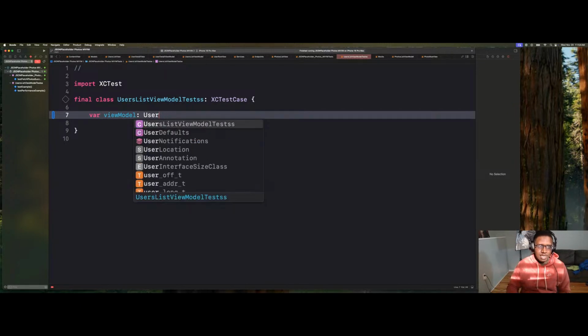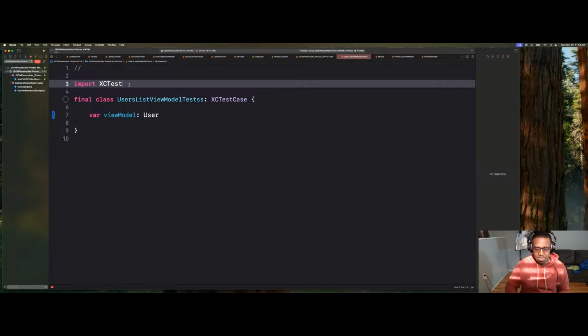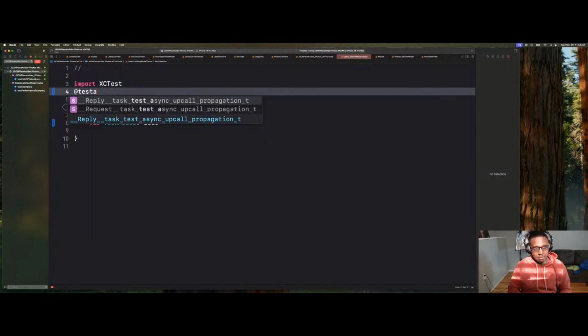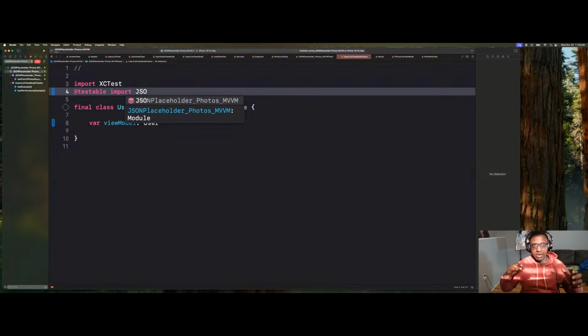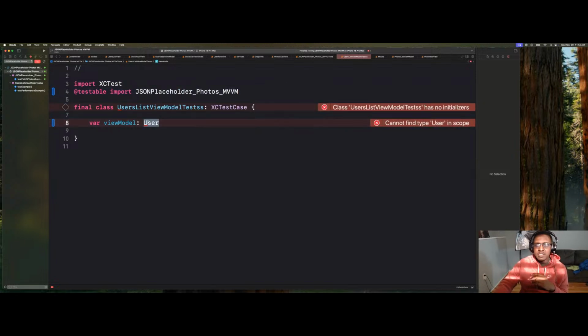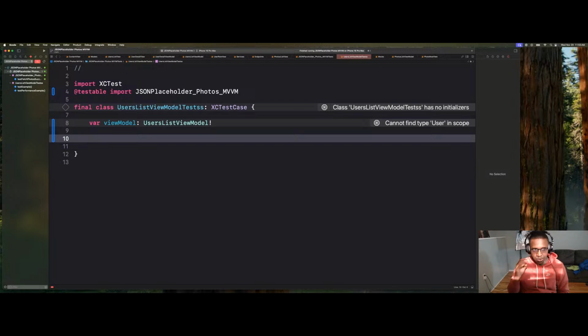To be able to get that, we have to add @testable import, and then we're going to import our project. So now we have access to all those view models, all those properties and so forth. So it's a user, and you see it pops up UserListViewModel. Make it a bang since we require this. And then